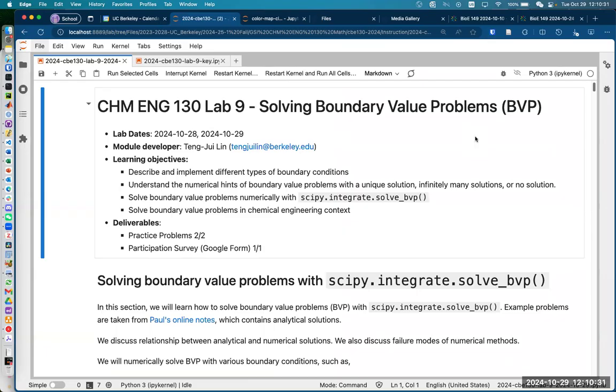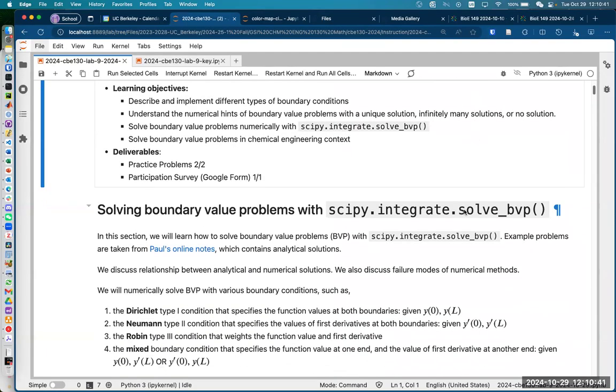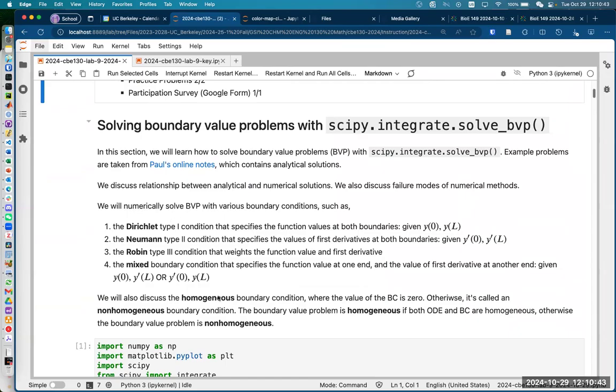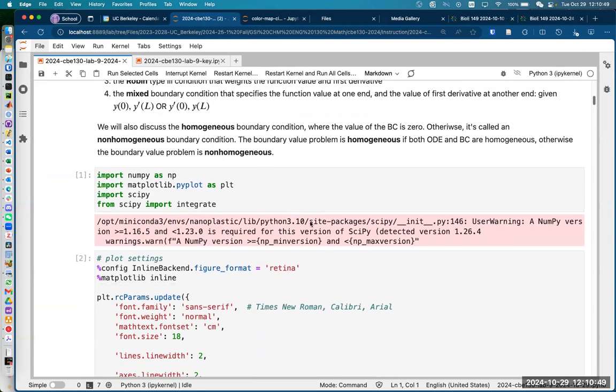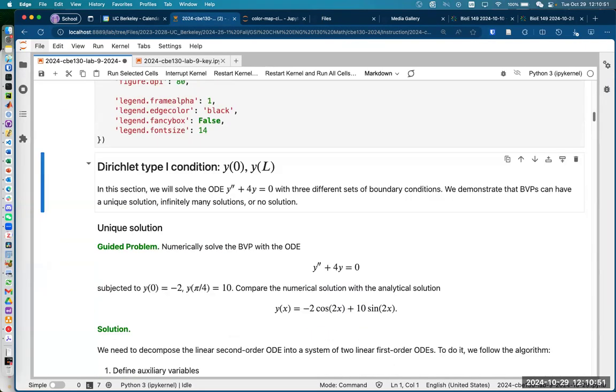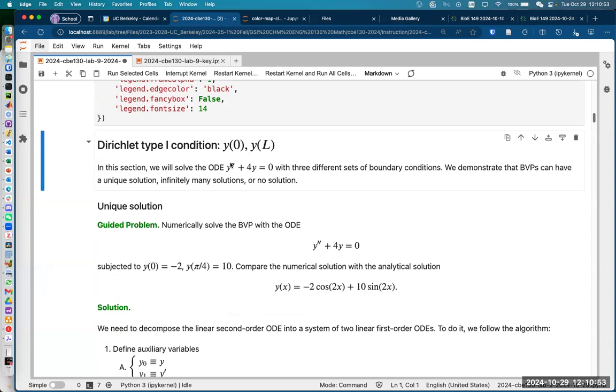Welcome to Lab 9. In this lab, we will be solving boundary value problems in Python. We went over how to solve them analytically in lecture on Monday, and in this lab, we'll do it in Python. These are a review of the types of boundary conditions and the homogeneity of boundary conditions and boundary value problems. Let's look at a practice example with a type 1 condition, where we have the values of the original function